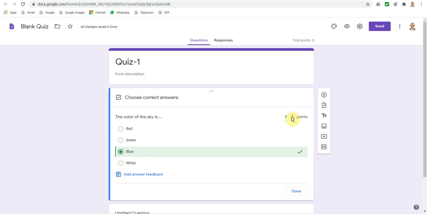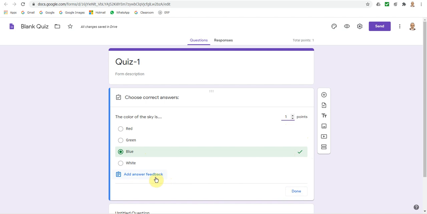So we need to assign points here. Now we may ask a question. Normally when it is a multiple choice question, the points given is 1, or the mark given is 1. So this is the normal thing. Sometimes, as I told you, if it has more than one answer, instead of 1 point you can give 2 or 3. Sometimes the question may be tough. In terms of weightage, you can give 2 points or 3 points for a particular question. So that depends upon the question. So we have clicked the right answer, we have assigned the points.